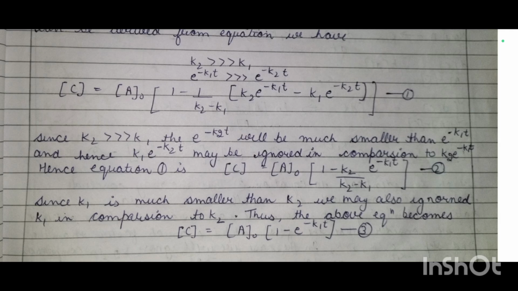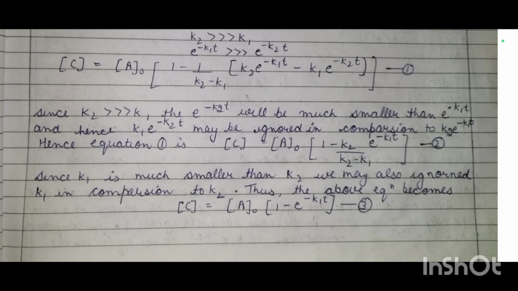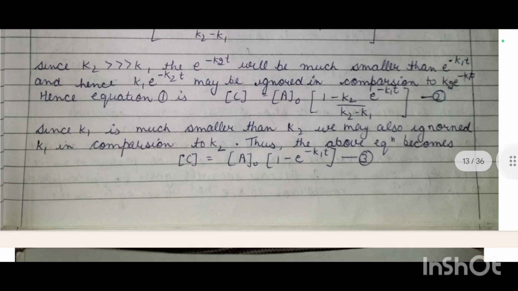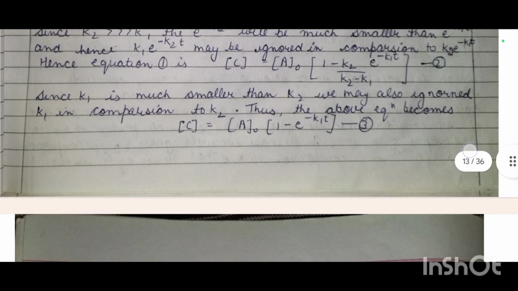Hence, K1 e to the power minus K2t may be ignored as compared to K2 e to the power minus K1t. Hence, the concentration of C is equal to A naught multiplied by 1 minus K2 divided by K2 minus K1 multiplied by e to the power minus K1t. Since K1 is much smaller than K2, we may also ignore K1 in comparison to K2, and thus the above equation becomes